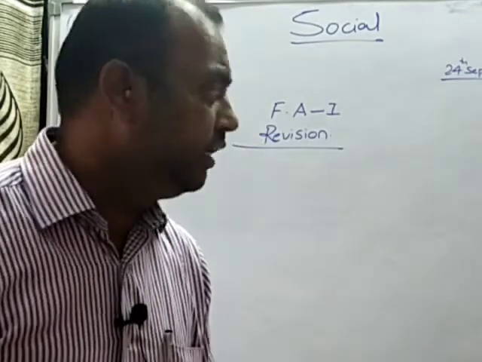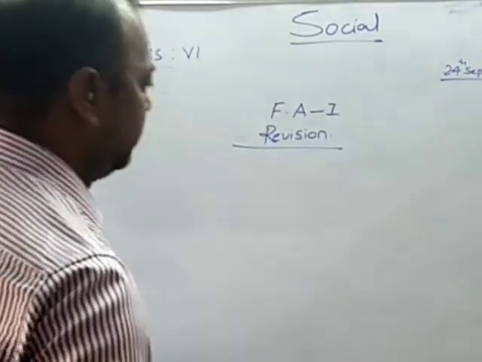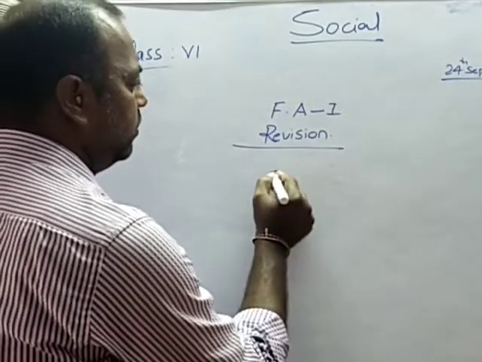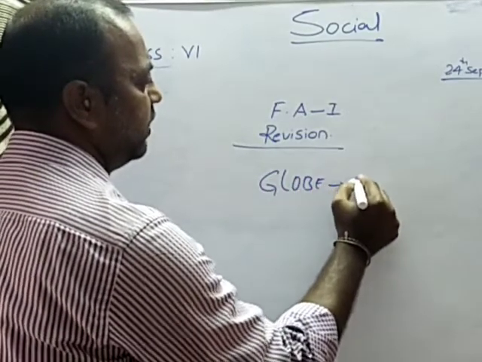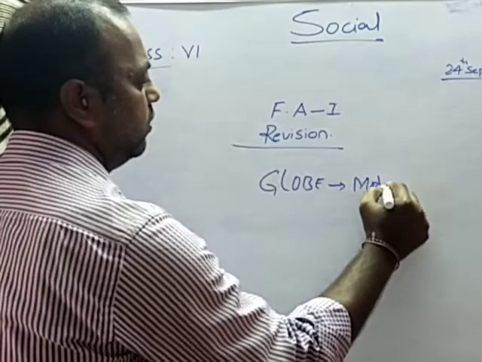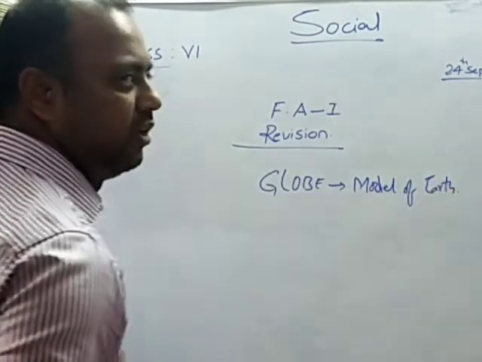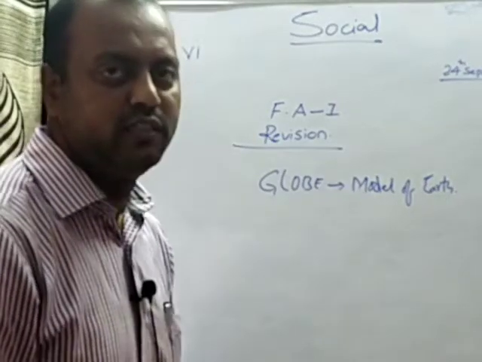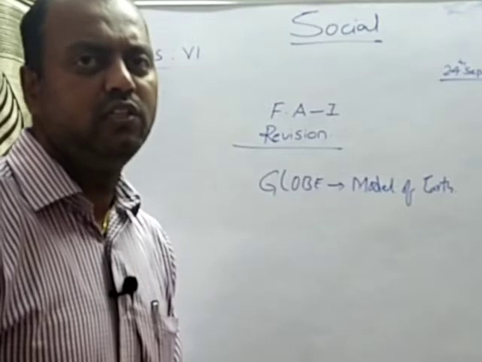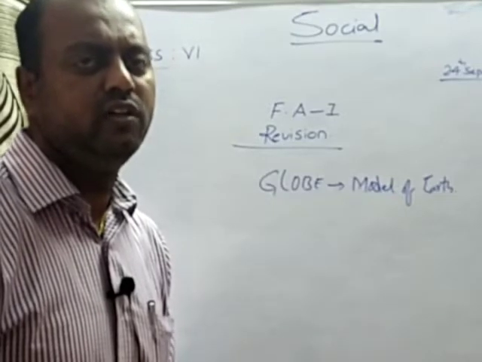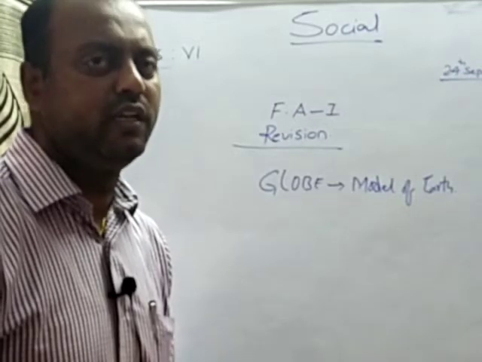And today we shall learn about the second unit, that is a globe, a model of the earth. You know it very well. Globe, okay? Globe, it's a model of the earth, okay? It is not the model of Mars, or any other planet, but it's a model of the earth. So this model of the earth works in order to locate places very easily, and in order to understand the earth features very clearly.